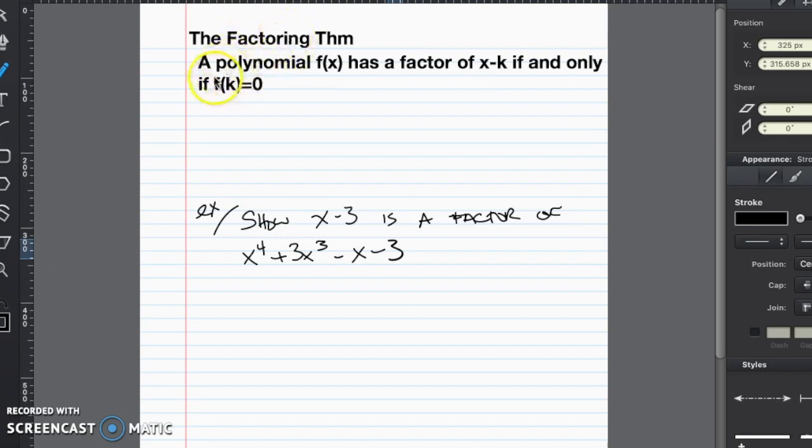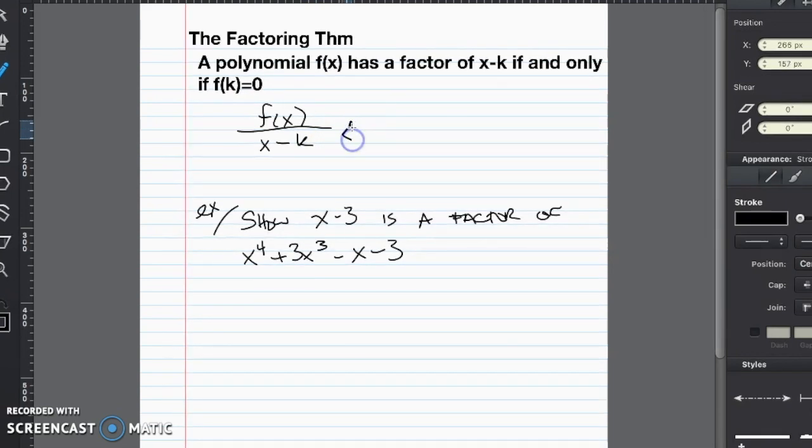So what it states in your book is a polynomial f of x has a factor of x minus k if and only if f of k is equal to 0. And that sounds like a lot, but I'm going to write it in shorthand and then explain what that means, or I kind of already did explain. So I'm going to try to save ourselves some room. We could write that long thing down, but I could say f of x, that polynomial, whatever it is, divided by x minus k,